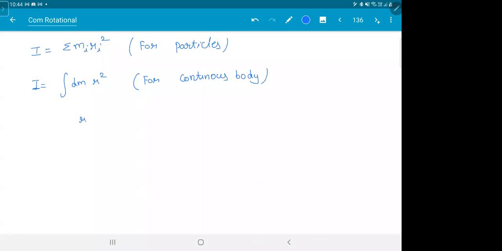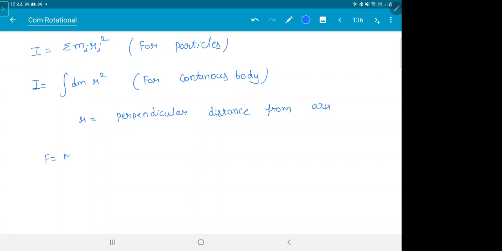So what is this r here? R is not the position vector again. Remember this? This R is not a position vector. The first time you encountered this in work, F bar dot R bar. R bar is what? The displacement of the point of application of force. Second time you encountered it in torque. Torque is R cross F. What is R bar? R bar is a vector from the axis to the point where force is applied. Again, third time, what is R? Perpendicular distance. This is not position vector. Perpendicular distance from axis.